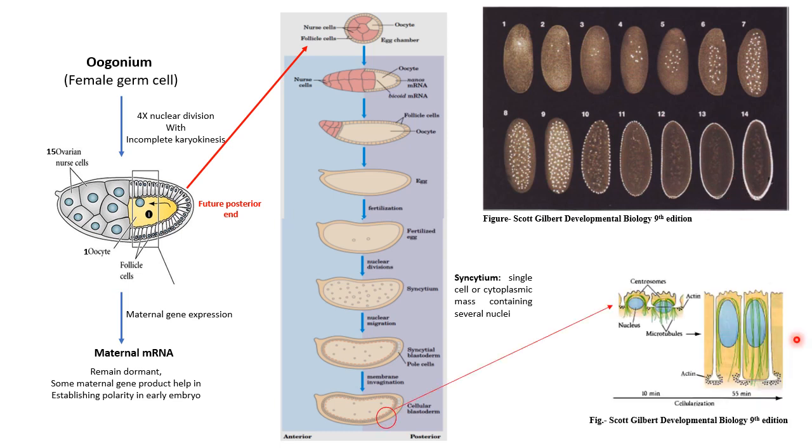The membrane actually starts to fold inwards. So this is the membrane, this is the nucleus. It is held by the microfilaments so that it does not move, and the cell membrane starts folding inward so that it can encapsulate this nucleus and form a single cell. In this way, the membrane invagination occurs and a single cellular layer is formed in this zygote, and this is known as cellular blastoderm.